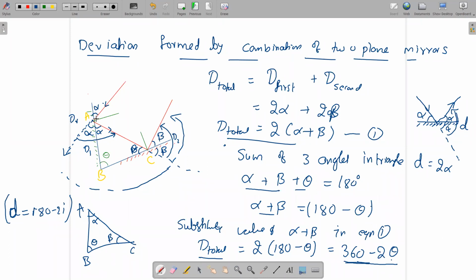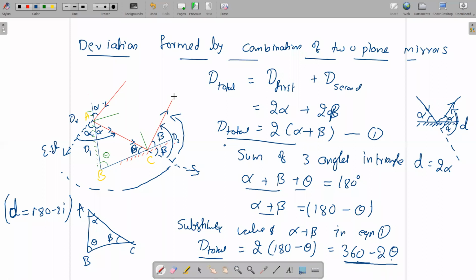Now the ray which is incident on the first mirror, what happened? It undergoes reflection. If the mirror is not there, imagine the ray will extend like this. This is the extended incident ray. Because of the presence of the mirror, the ray is deviated. Let us take that because of the first mirror, it is deviated by an angle D1. So it is deviated and undergoes reflection, and that reflected ray is incident on the second mirror. When it is incident on the second mirror, it undergoes reflection again. Because of the presence of the mirror, the ray, instead of going in this path, is deviated by this angle.